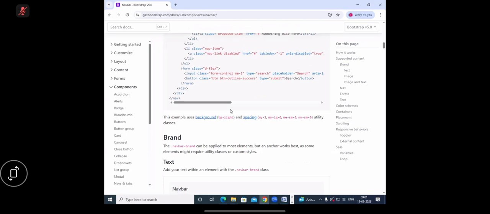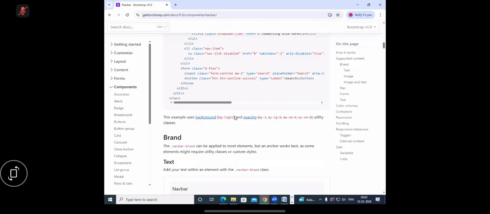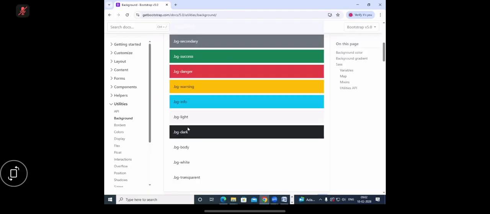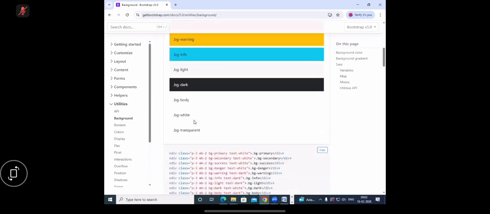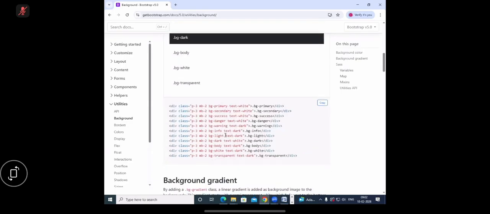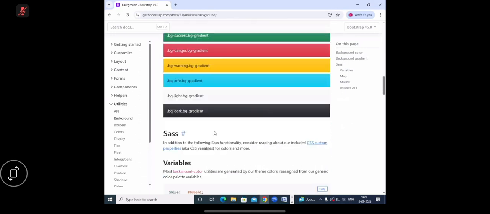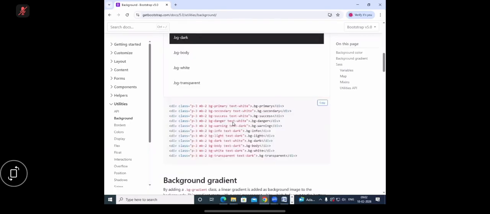Now BG light means where is the BG light used? This is background, which is called BG light. There is also spacing. But you can use predefined backgrounds. These are predefined background colors. Whichever background you want, you can use it. Whichever color you want, you can choose it with this name. This is a class selector. You can select